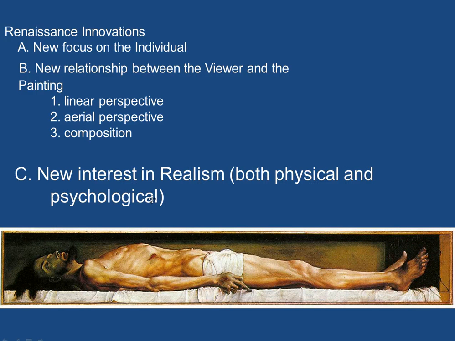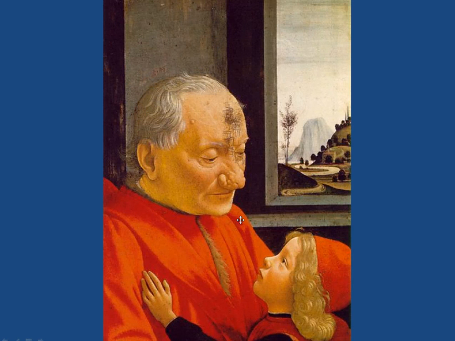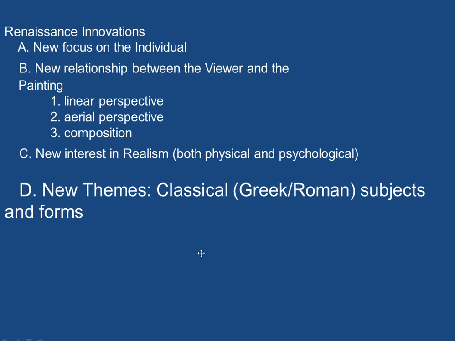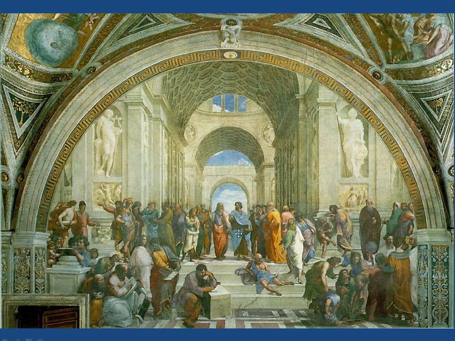There's also in Renaissance art a new interest in realism, both physical realism, here we have the decomposing body of Christ, but also psychological realism, the grief of the women who are grieving at the feet of Jesus. So an effort to paint things realistically. Here we see a painting of an old man who is done just as he looked. Finally, new themes, classical styles. Renaissance artists became interested in painting Greek and Roman mythology. Here we see a famous painting by Raphael in which Socrates and Plato and Aristotle are depicted, Da Vinci and